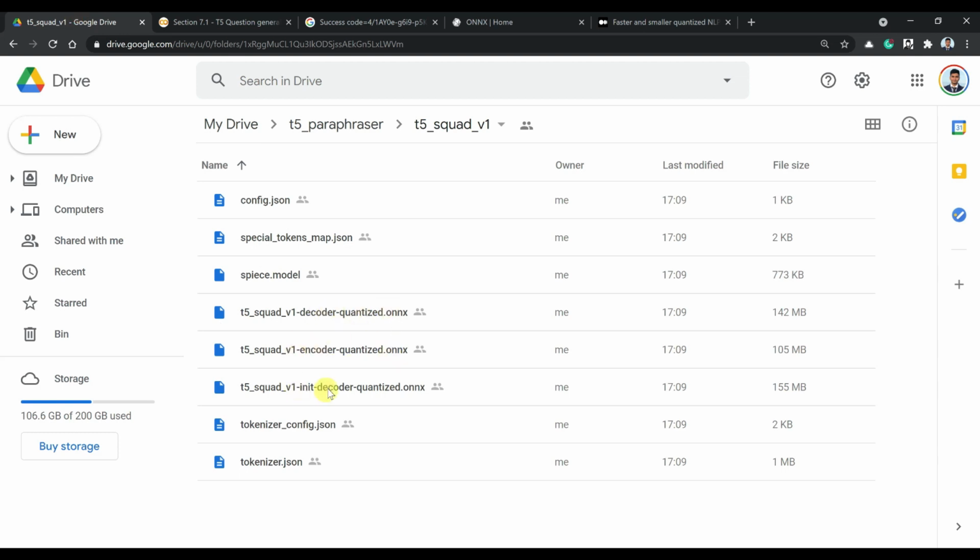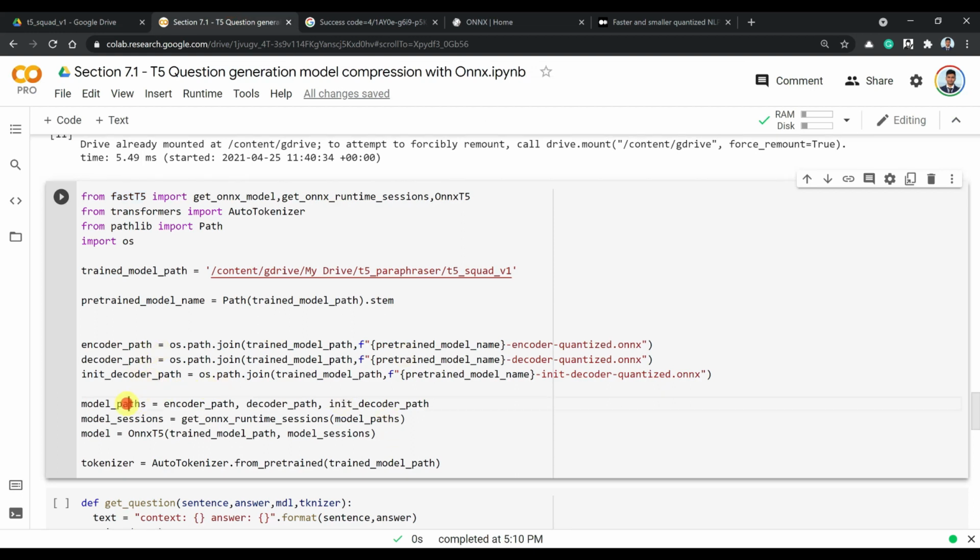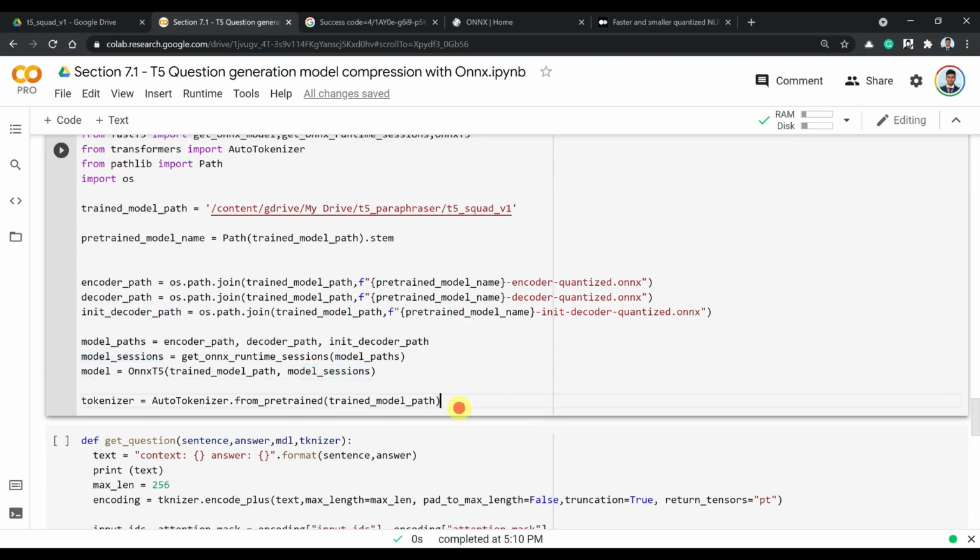These three files are not new, but just the path to these three files, and those three files are given in this model paths, and they are passed to the get ONNX runtime sessions function, and we are initializing our model as ONNX T5 that is taken from the FastT5 library with our trained model path. This is the path where we stored everything on our Google Drive, the models folder, and we are passing the model sessions in here. Now we are again initializing the tokenizer here. Let's just run this cell.